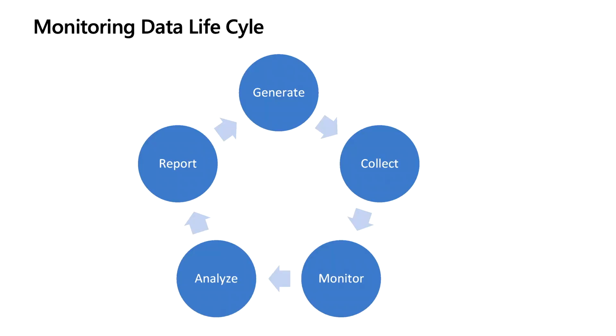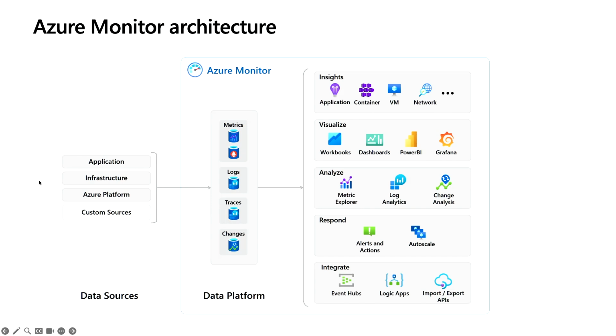We're going to start looking at the whole data cycle. We're going to go through every single circle in this diagram here. The first thing, this video is going to concentrate on the generate portion of the whole process. When we talk about generate, we're talking about this section here on the left hand side where we say data